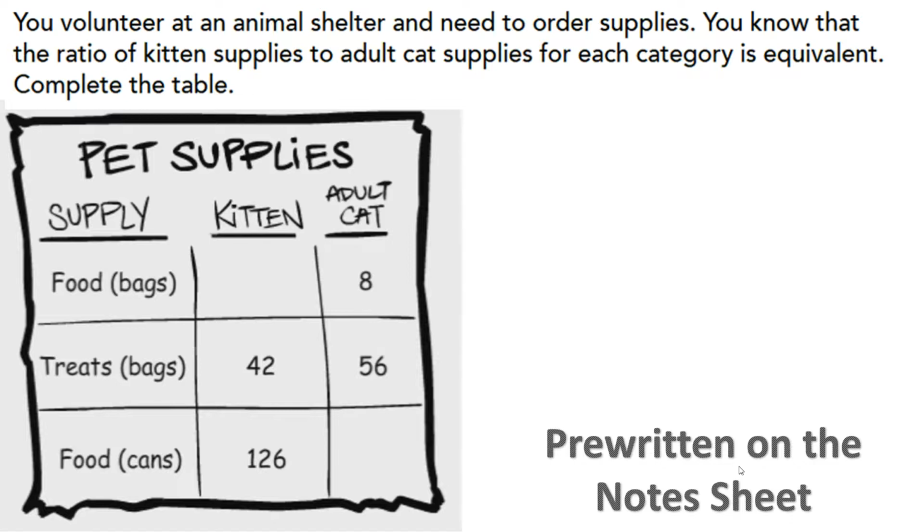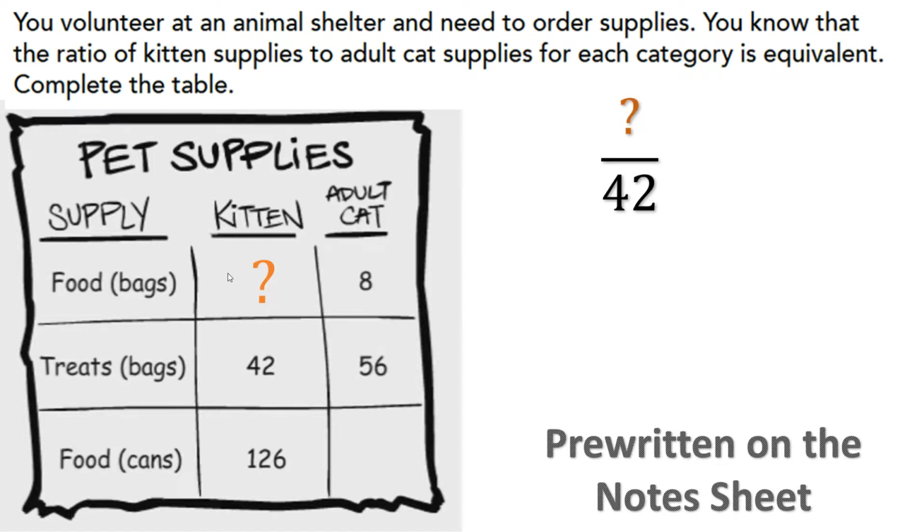You volunteer in an animal shelter and need to order supplies. You know that the ratio of kitten supplies to adult supplies for each category is equivalent. Complete the table. So what it's telling us is that if there's a relationship going on here, which there is, then the relationship from here to here will be the same. So we're trying to figure out the unknown values in the table, and we'll start off with the food bags